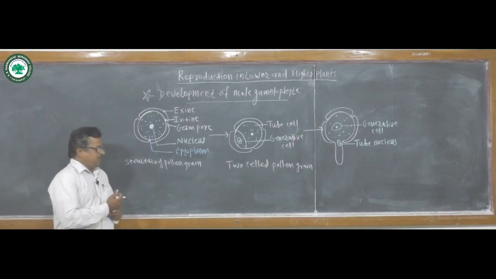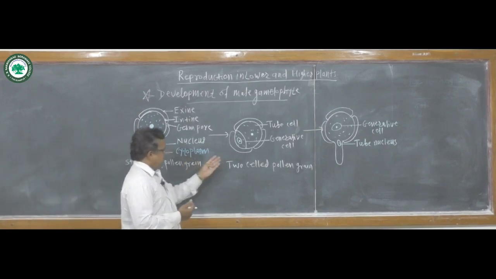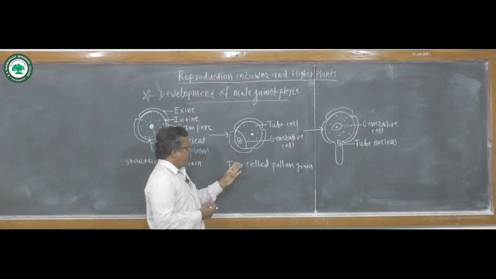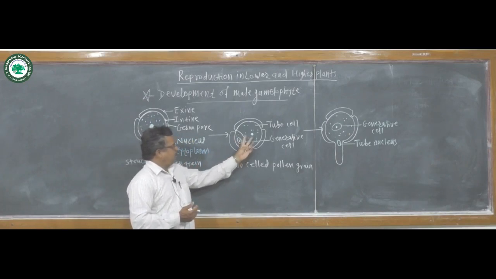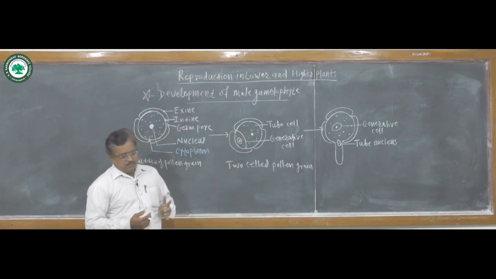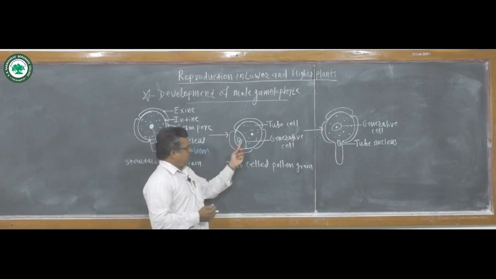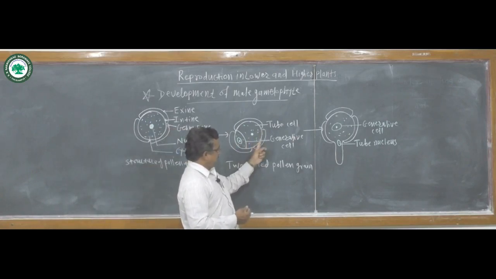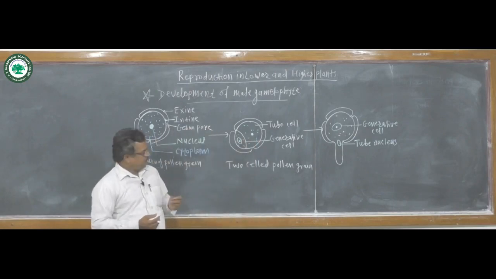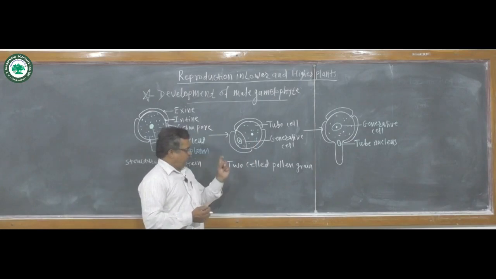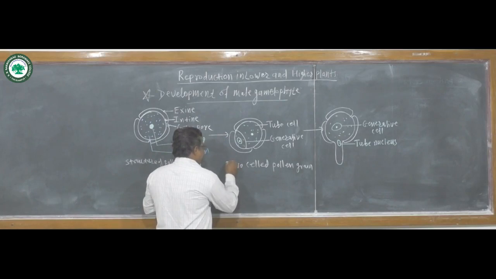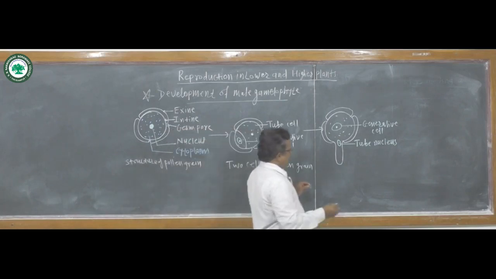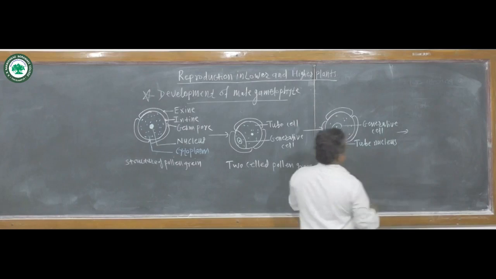That is, the first mitotic division is the division of the nucleus. The 2-celled condition of the pollen grain is formed, that is, the generative nucleus and tube nucleus. Generative cell and tube cell are formed inside the pollen sac. Then the next step of the development of the male gametophyte is